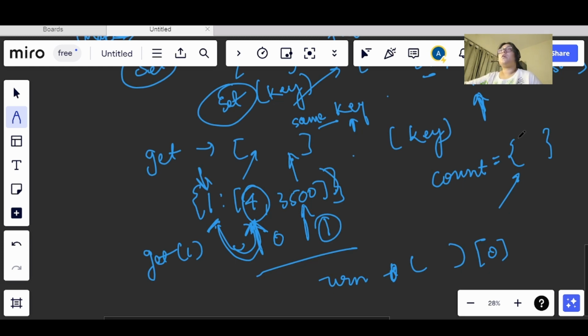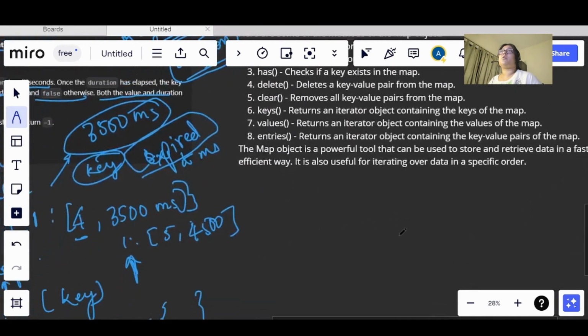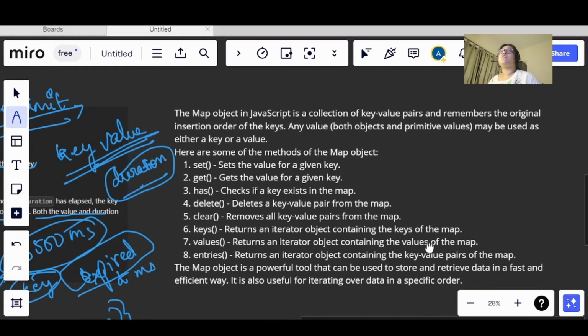Now before moving on with the question, let's go on and see what is map. What is map in JavaScript? The map object in JavaScript is used to store key value pairs. It is a collection of key value pairs and it remembers the original order in which the keys were inserted.